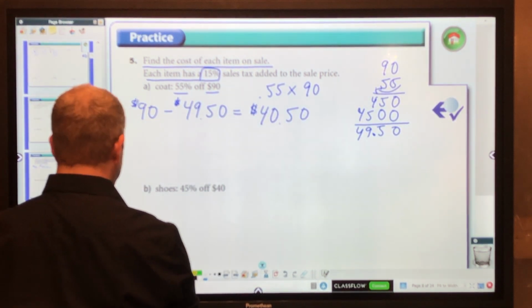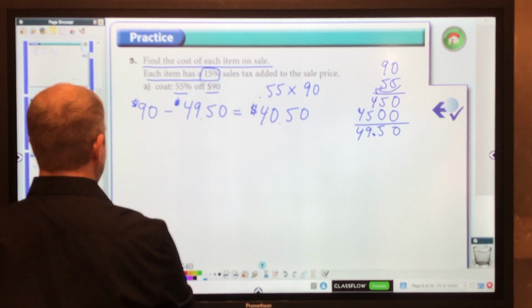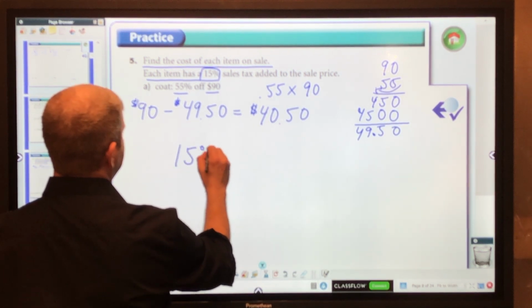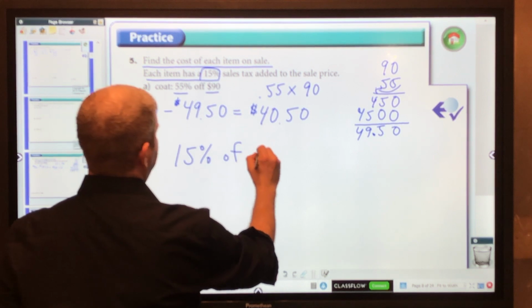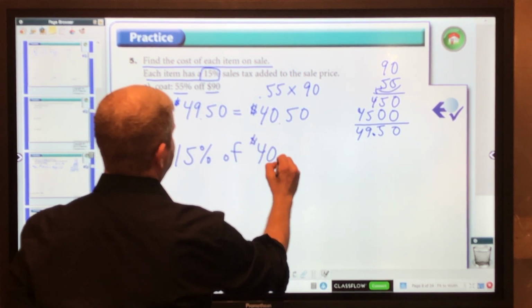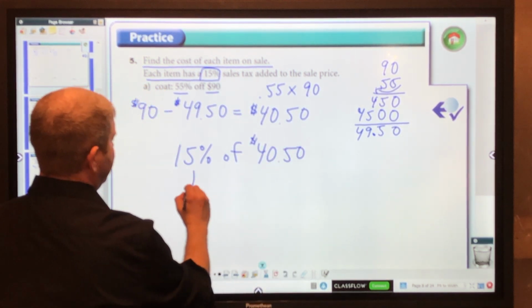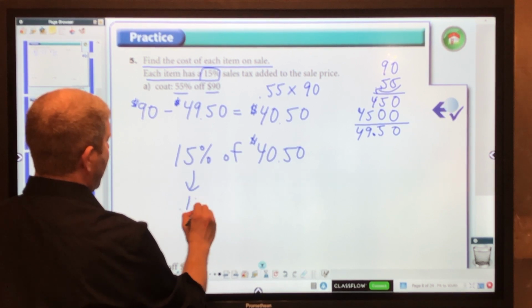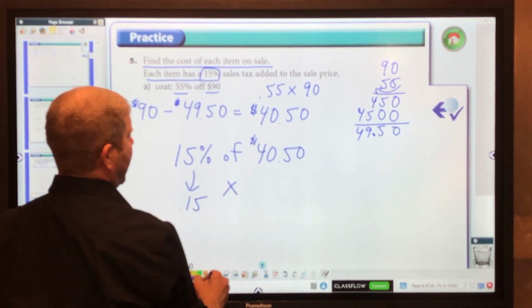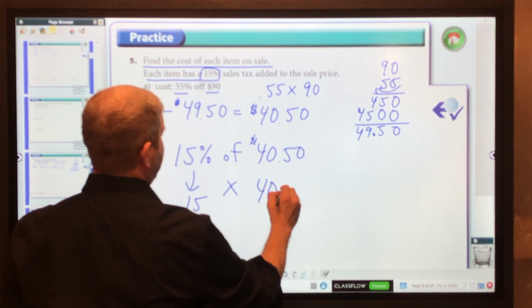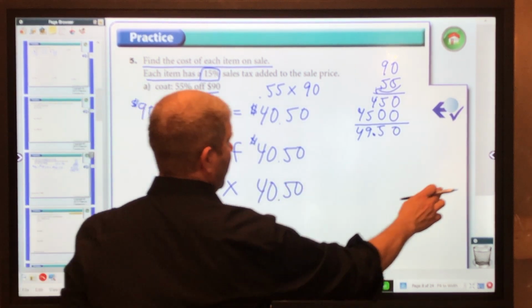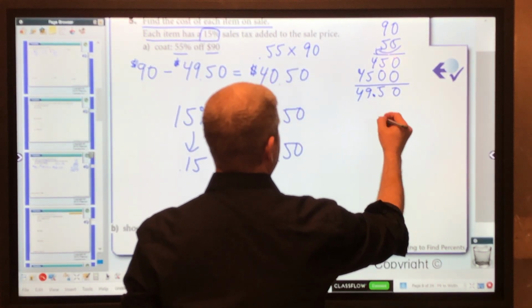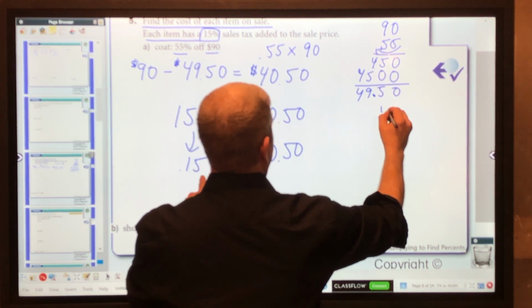Now to that sale price I have to add an extra 15%. So we now need to find 15% of $40.50. So we change our 15% into 0.15. Of is a multiplication sign and multiply it by 40.50. Let's do that on the right side here. So 40.50